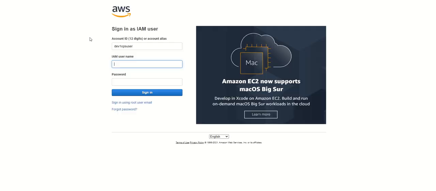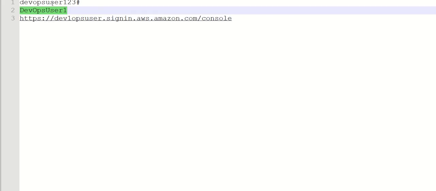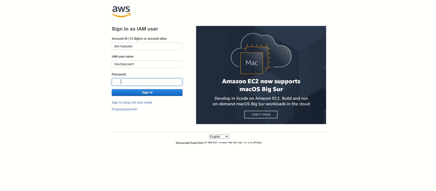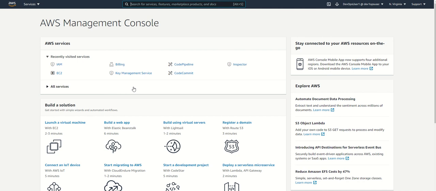My username is DevOps user one, and password is DevOps user 123 hash. So as you can see, I'm able to log into this AWS console using the new user ID, whatever I